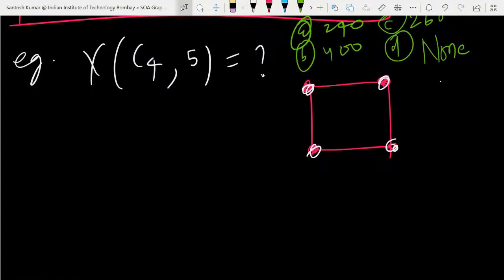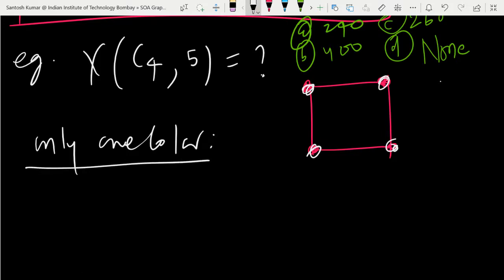So is it possible if we use only one color? What will be the total number of colorings if we use only one color? Is it possible to label the vertices with a single color? No, sir. Because it has an edge, you have to use at least 2 colors, right? So the answer in this case is going to be 0.